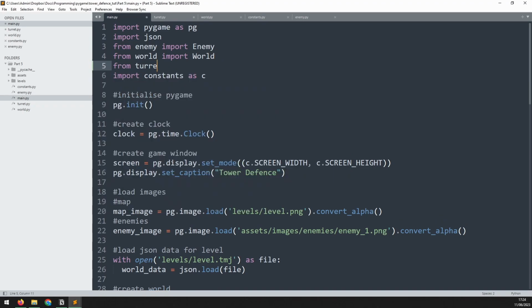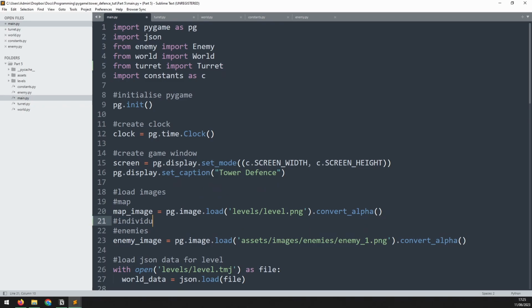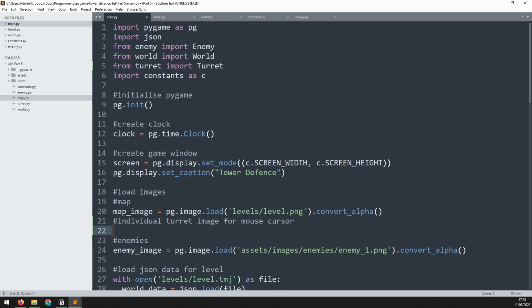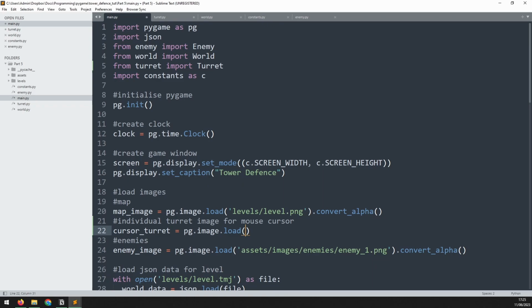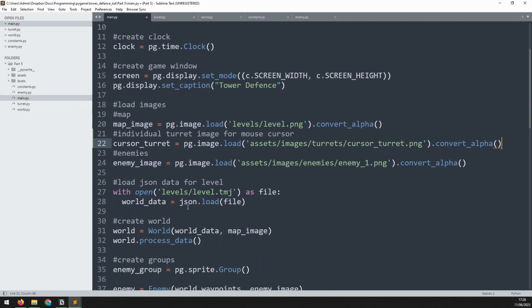I'll say from turret import Turret with a capital T. Next we'll go down here and load in the image. I'll add a comment to say individual turret image for mouse cursor. Later down the line we will use sprite sheets, but for now I just need one still image of the turret. So we'll say cursor_turret is equal to pg.image.load, and it's going to be in assets/images/turrets, and it's cursor_turret.png, and then we add convert_alpha in the end. So far this is very similar to how we set up the enemies,